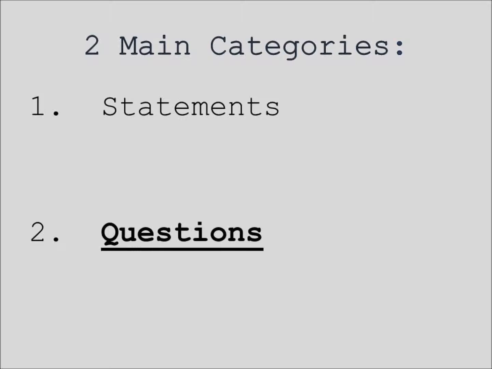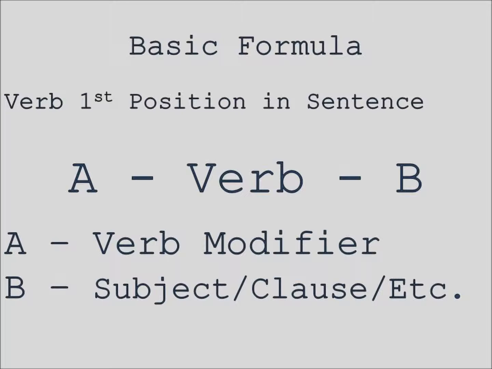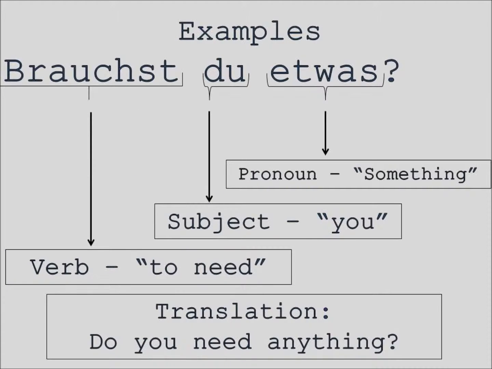Second main category is questions. When asking questions, the verb tends to go at the beginning of the sentence, usually signaling a question is coming on. Our first example, brauchst du etwas, asks the question, do you need something? And in this case, the verb comes at the beginning of the sentence, followed by the subject, you, and then